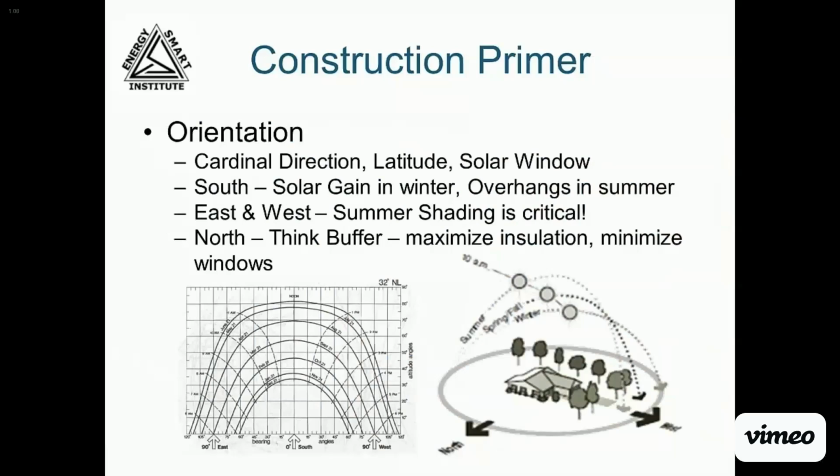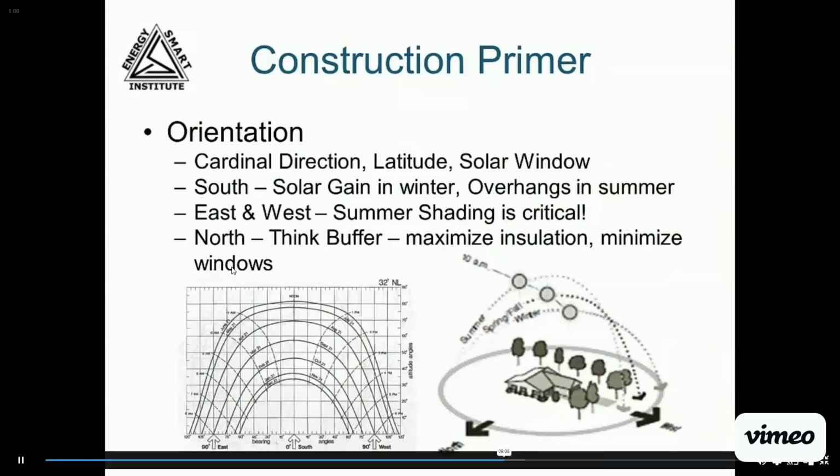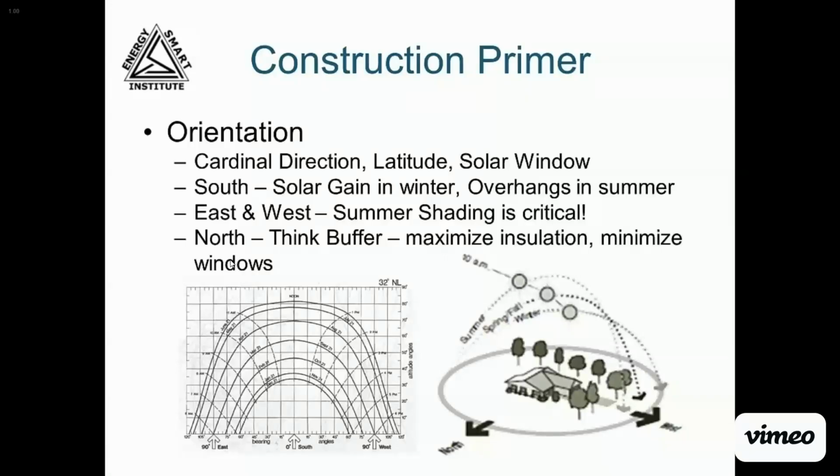The amount and orientation of windows is very important to the effectiveness of the home envelope. We all know that the sun rises in the east and sets in the west. The sun's angle and height above the horizon changes depending on the location's latitude and the time of year. In the summer, the sun is high in the sky, almost directly overhead at noon. In the winter, the sun is lower in the sky and goes along a southern trajectory as it moves from